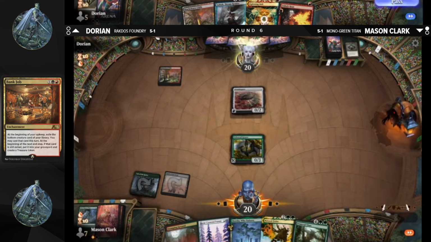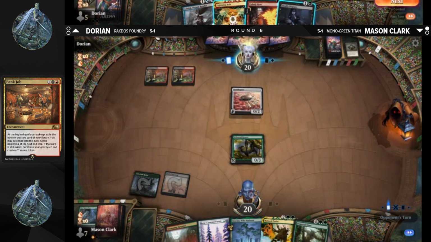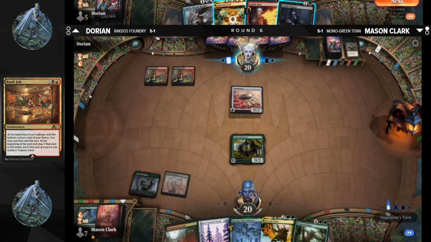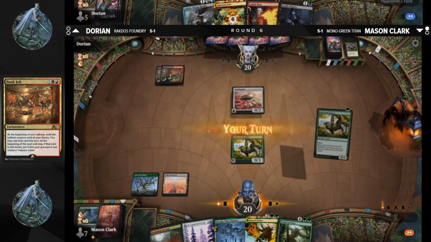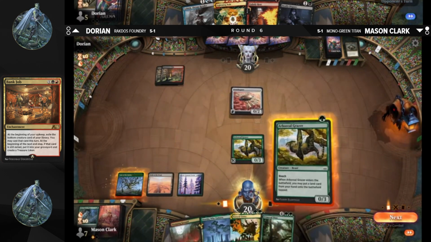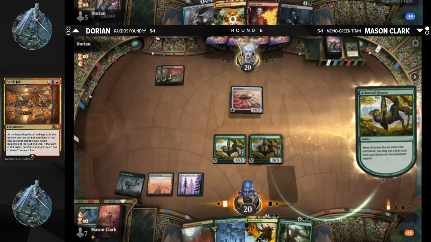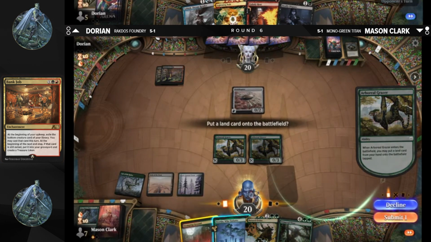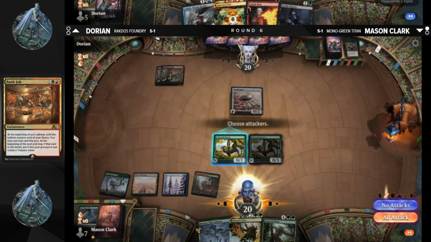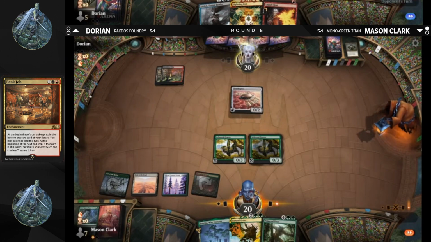Now, I guess what you could say is that Ashiok is just too slow, or you can still attack with the Primeval Titan. But the point is that you should have enough pressure going on so that the one turn where Ashiok is able to make you stumble, you punch in for lethal. I will say that my infallible, untouchable, unquestionable advice, Dorian's not really following it because Mason's life total still reads 20,